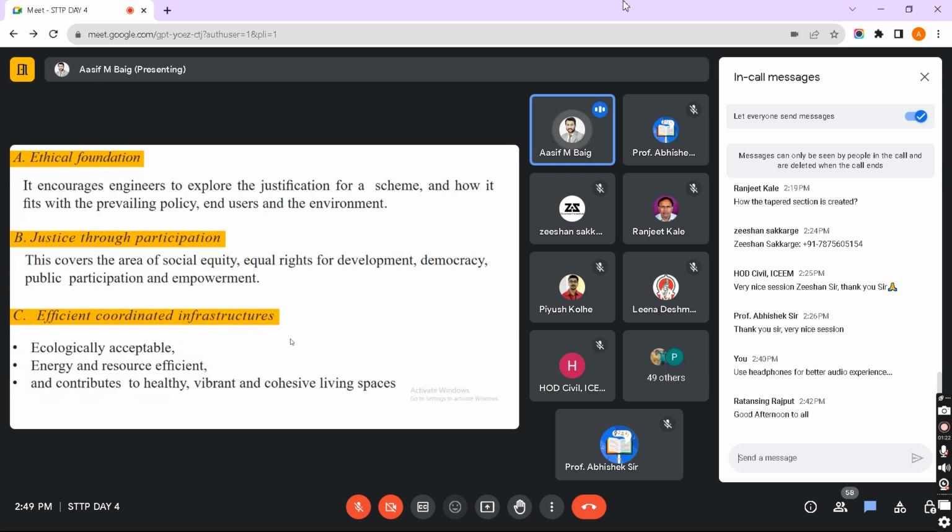In many projects, we can see there is injustice while taking the decision, looking into these segments like public participation, empowerment, and democracy. But with these things we have to be very careful, and take them into consideration while making any kind of decision. And the social